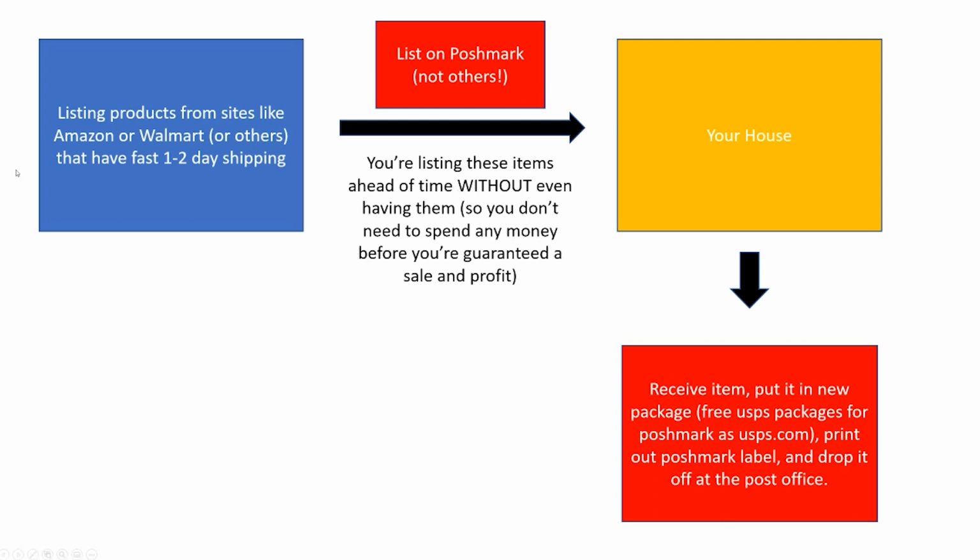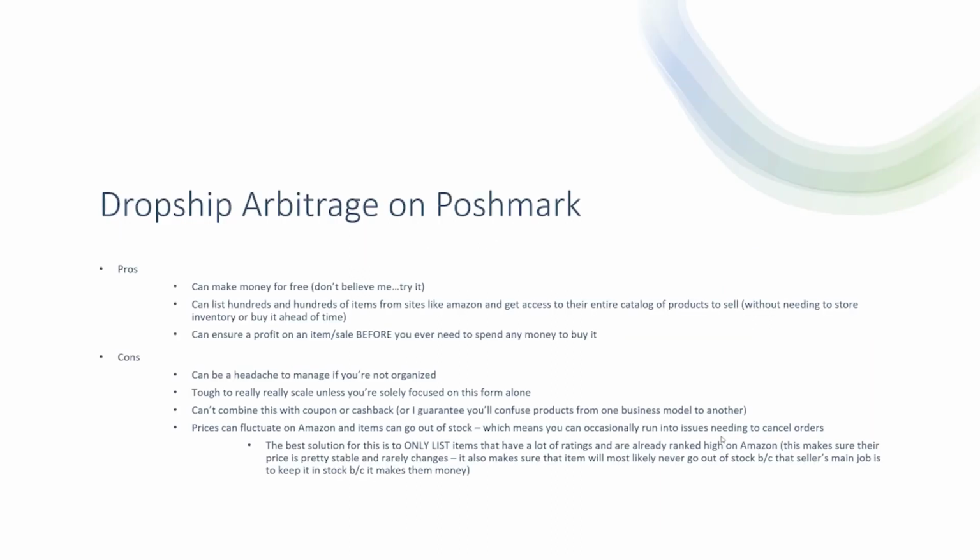And obviously you're going to list these and then you're going to order them to your house. So you're going to list them first. And then once you get a sale on Poshmark, then you're going to order that product to your house. And then you're going to receive the item, put it in a new package, which obviously you can get free USPS packages at USPS.com, especially for Poshmark, and then print out the Poshmark label and drop it off at the post office to ship it out. It's very, very easy. Now, some of the pros and some of the cons here are that you can make